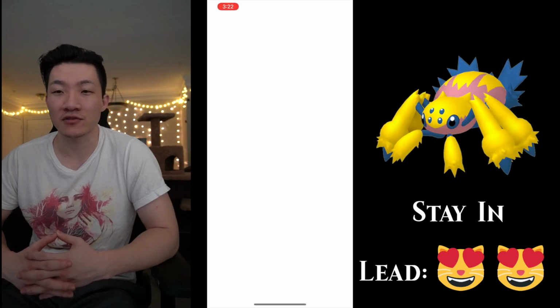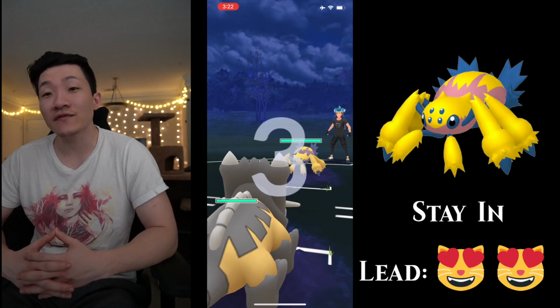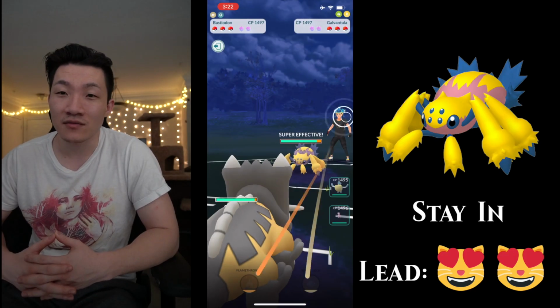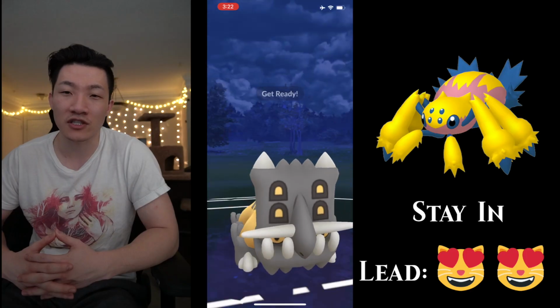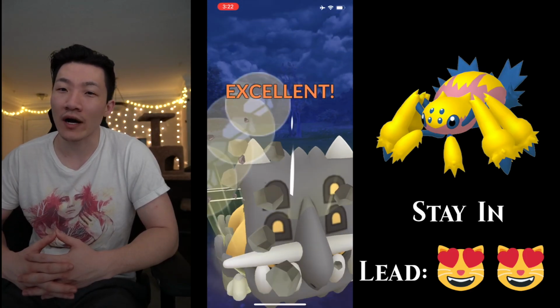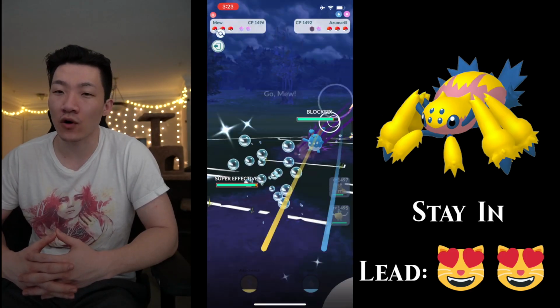And then they're going to concede the match right there. Galvantula, again, another very positive lead, right? So let's see what they do here. This one's actually staying in quite a bit for some reason. I go for the Stone Edge here. I don't know why. I guess I don't need the Stone Edge for the